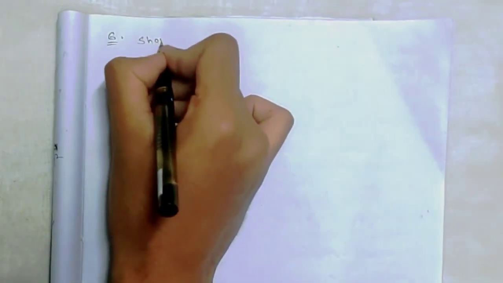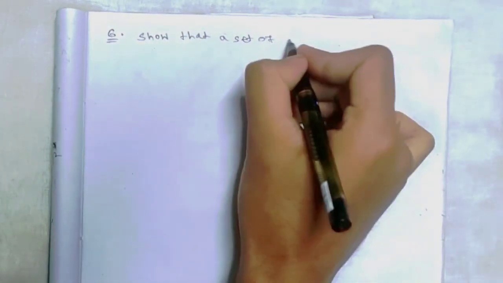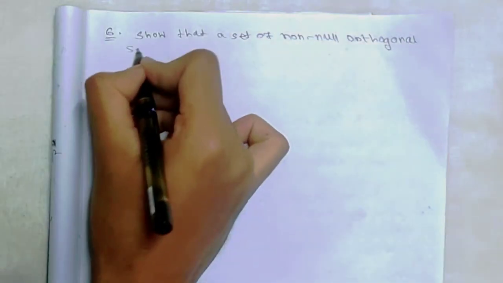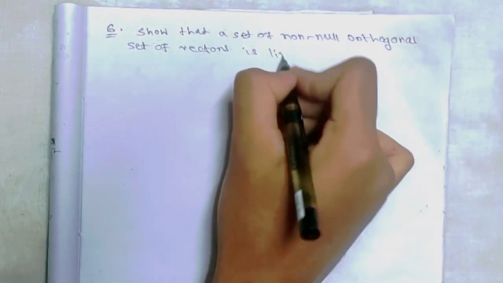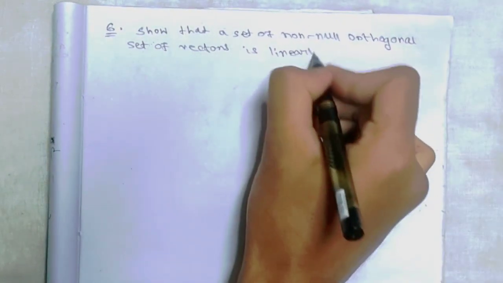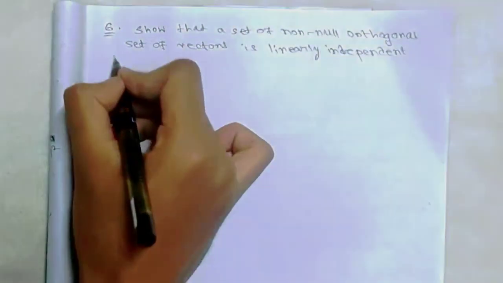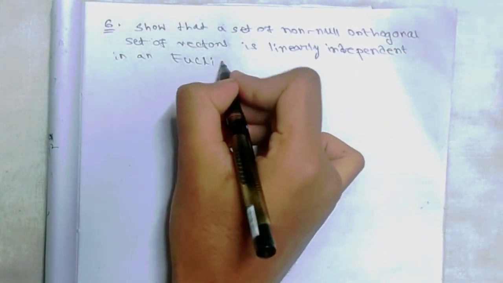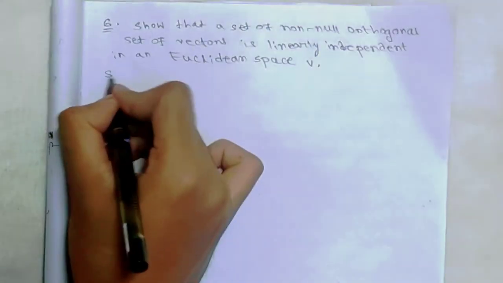Concept: show that a set of non-null orthogonal vectors is linearly independent in a Euclidean space V. Solution: